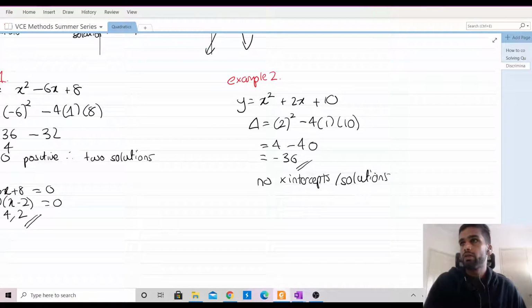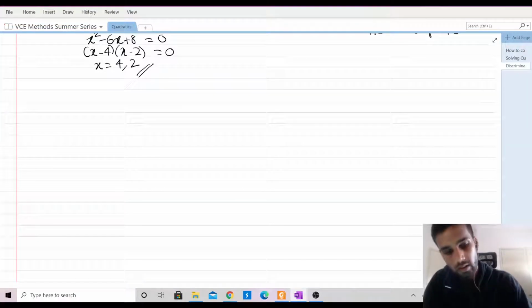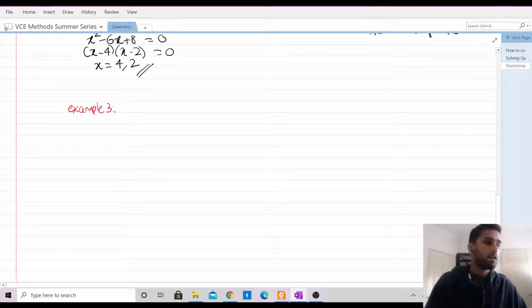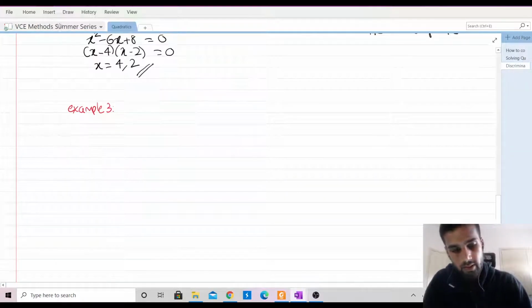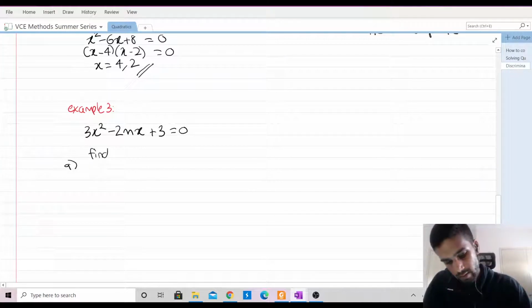So now let's go through a more specific example where we need to apply the discriminant. So example 3. Let's go through the question: 3x squared minus 2mx plus 3 equals 0. We want to find the values of m